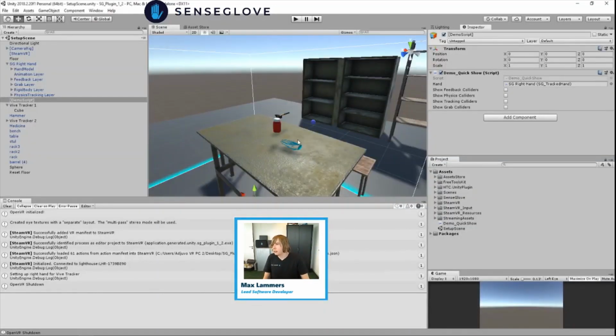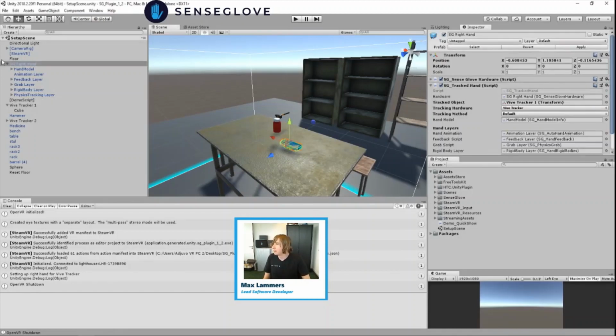Go back into this scene. Now what I've done is I've added our little prefab. I just need to say we're using a Vive tracker, and we want to have the physics tracking method. So this tracking method default just has your hand pass through everything, all automatically done for you. Physics-based enables our physics tracking layer, and if you want to do your own tracking, just disable our scripts. Right now for the physics tracking,